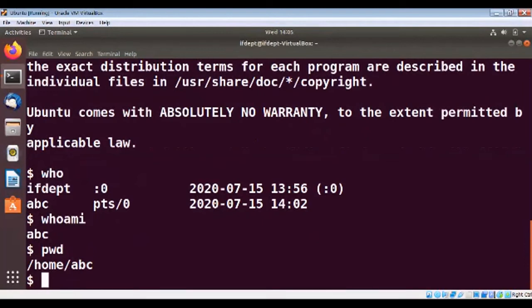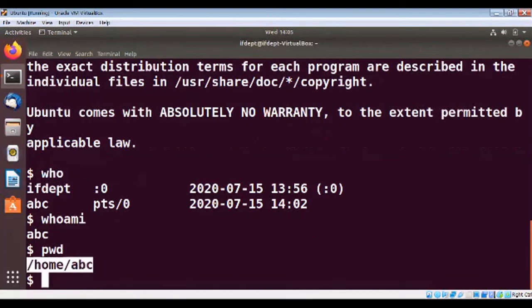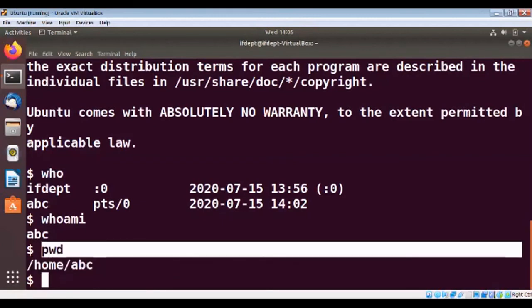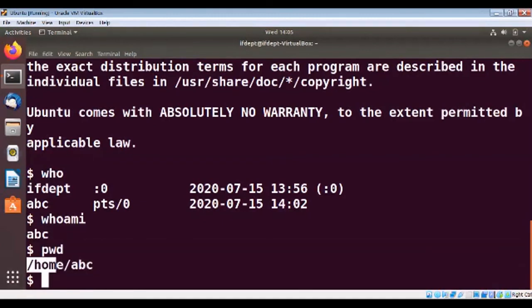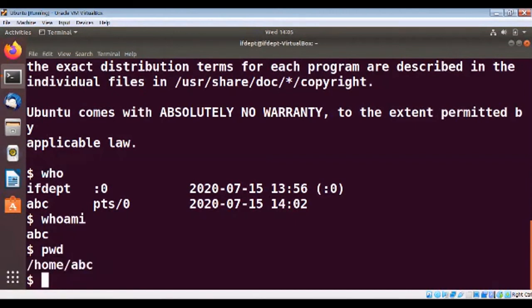That is unique to everybody. Similarly, in Linux, every user gets a home directory. So ABC is there, and this will be the home directory of the user ABC. And if I had logged in as IFDPT, then my present working directory would have been /home/IFDPT. Got this?